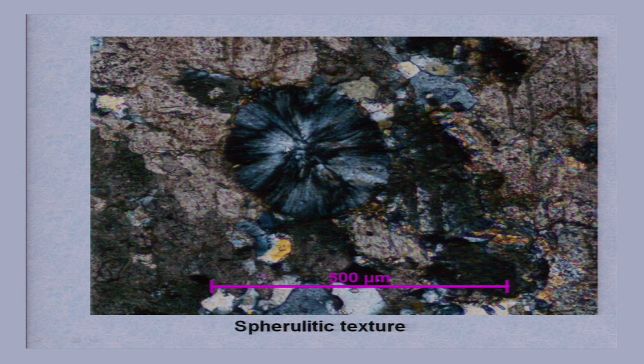Over time, crystallinity has developed, and the remaining part is glass. The crystals are developed here in this part. But these crystals normally develop towards the center of the glass mass, and at the periphery it is always glass. Here it is glass, black colored glass. So, this kind of texture is called spherulitic texture.